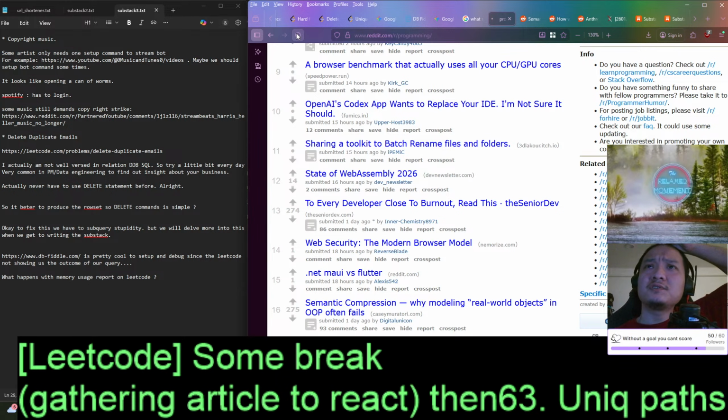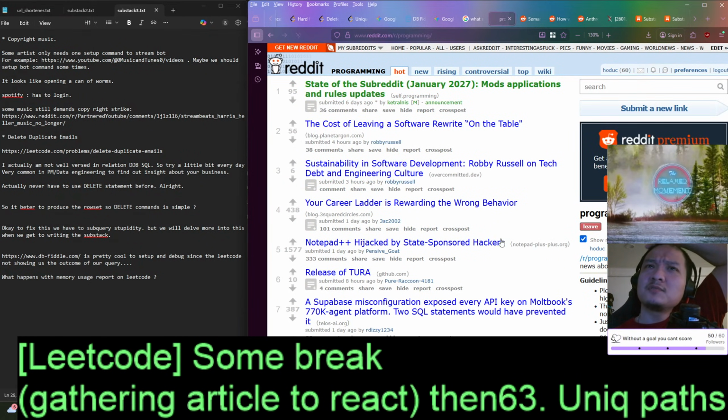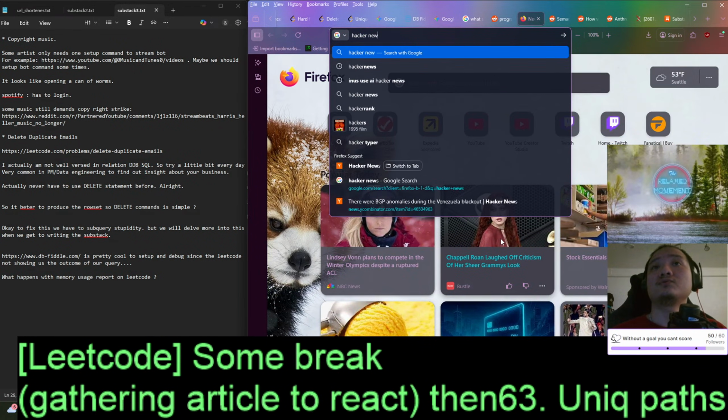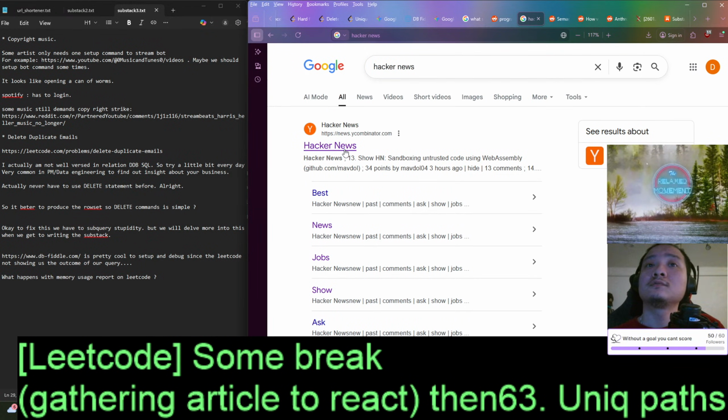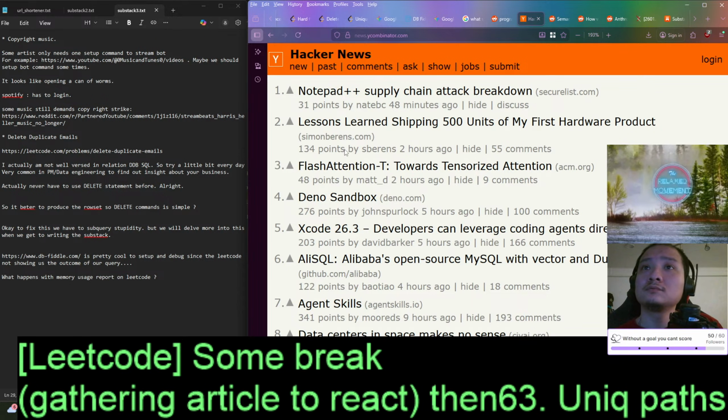Okay, let's see what is in programming. Hacker News. Notepad++ supply chain attack. So did they get hacked where you download Notepad++?